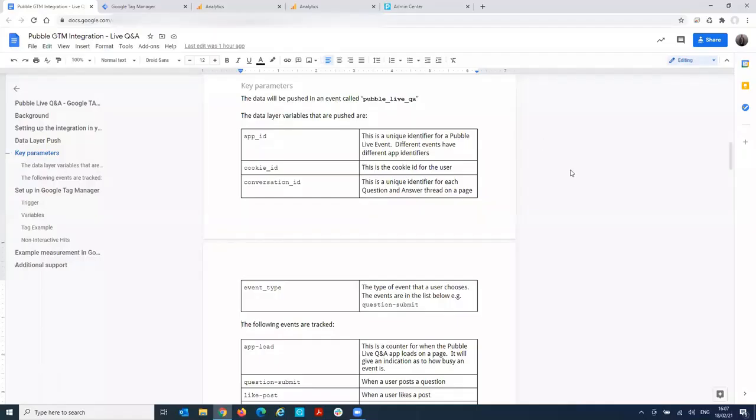Hello everyone. This is a video showing how you can set up custom reports in Google Analytics for your Pubble Live events. The video assumes that you've gone through the documentation available to set up your Google Tag Manager. We push some data to the Google Tag Manager data layer, and the type of information we push are things